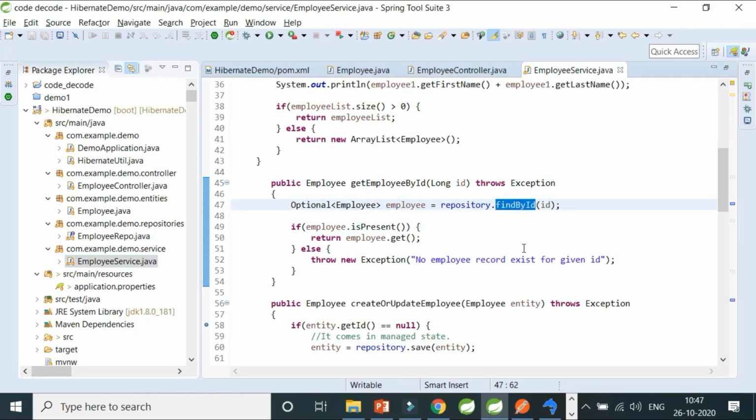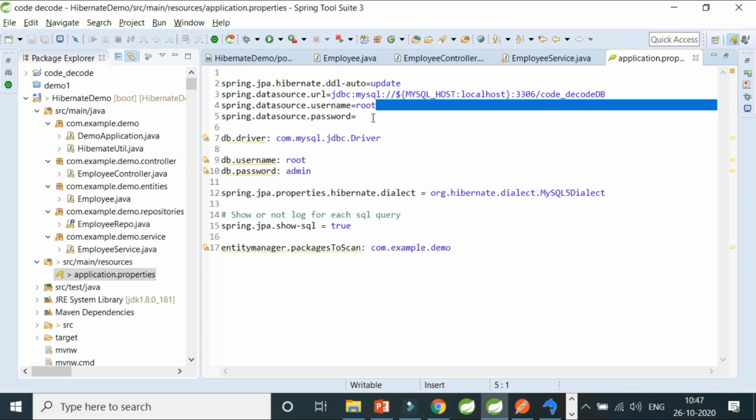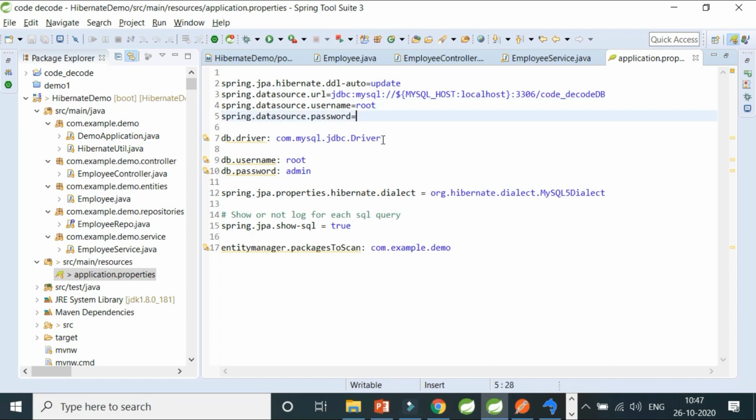If I say repository.findById, what is happening behind the scenes, which you don't know, is that a particular JDBC connection is created. The driver is loaded with Class.forName. A connection is created using the URL, ID and password that you have given. Basically, I have given the user ID and password here in the properties file. This is something related to Spring, but still, if you don't understand how properties work, you won't get the clarity. So with Class.forName you load your driver, and with the connection's create connection you pass your URL, username and password.